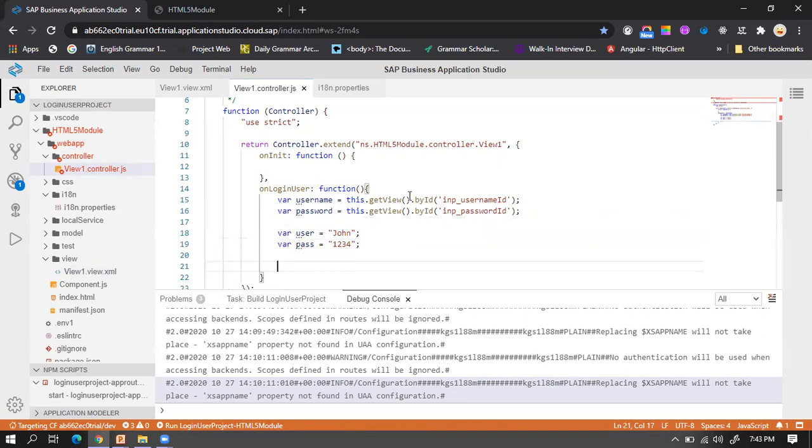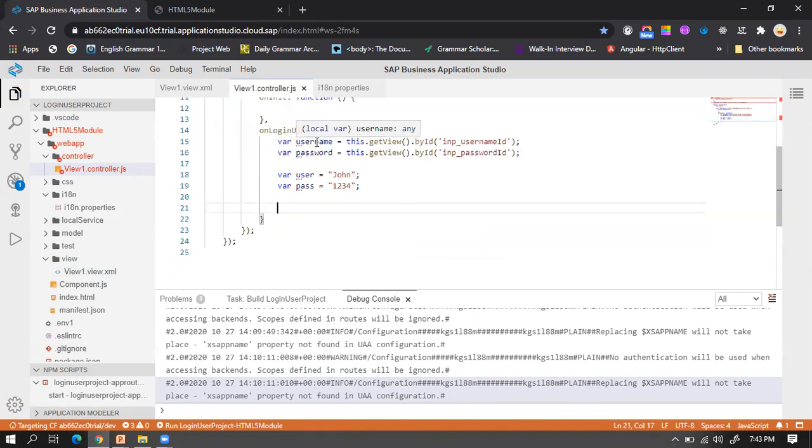I'll compare this username with this user. If the user enters John, and both the login and password are correct, then we will display a pop-up message that the login is successful. If not, then we will say it's an invalid username and password.